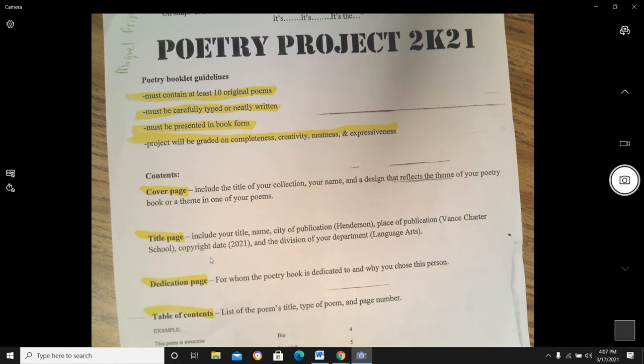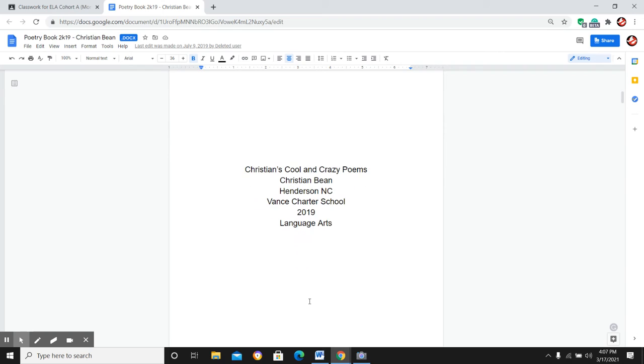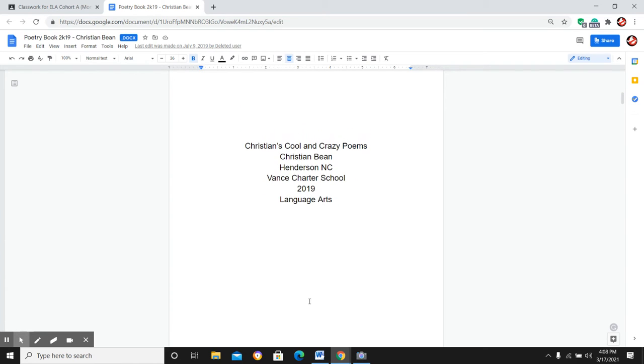The title page is a little bit more complicated, and we went over this in one of the earlier videos. It has your title, the name, city of publication, place of publication, copyright date, and division of your department. I want to show you what it looks like. You're going to make it centered in the middle of the page. It doesn't have to be big, it can be a smaller font. I personally don't care as long as I see this information. But he's got Christian's Cool and Crazy Poems, Christian Bean, Henderson, North Carolina, Dance Charter School, 2019,